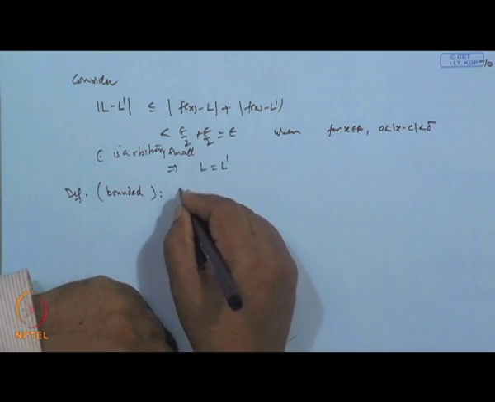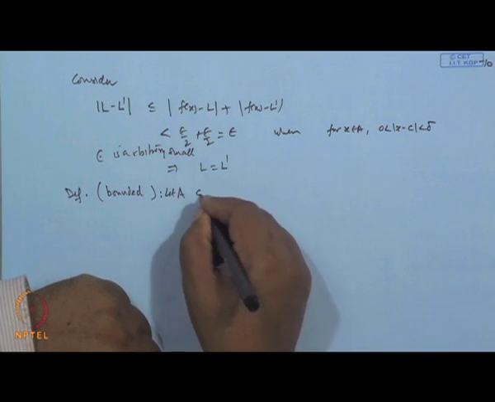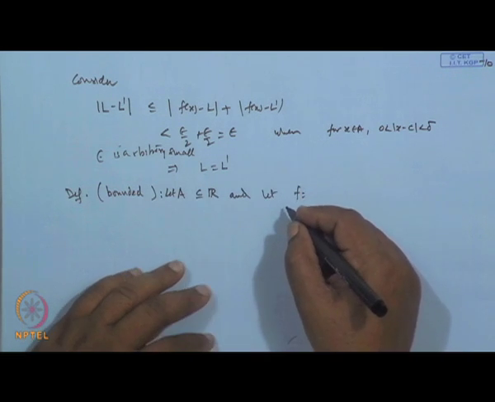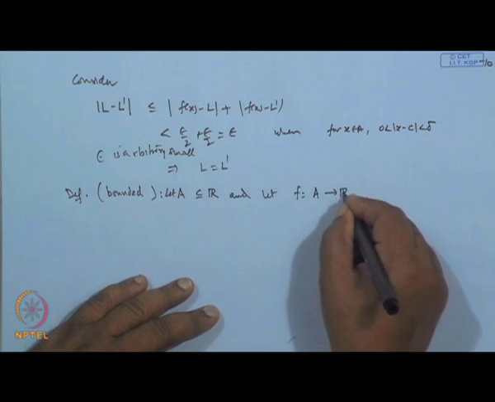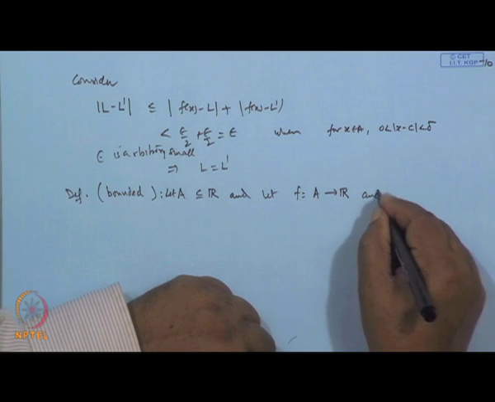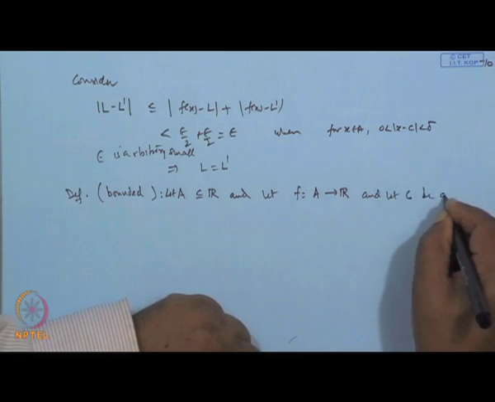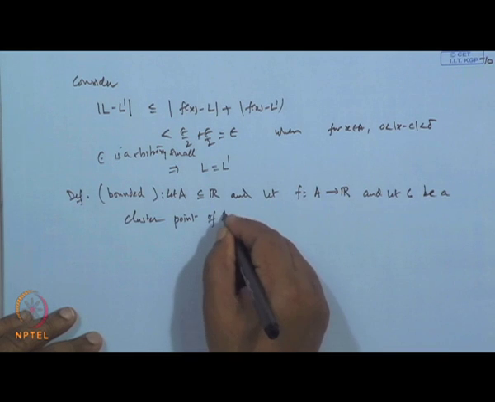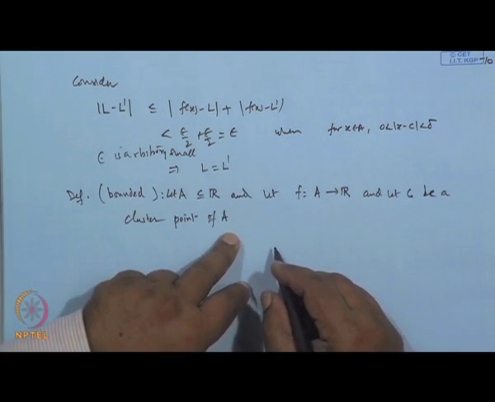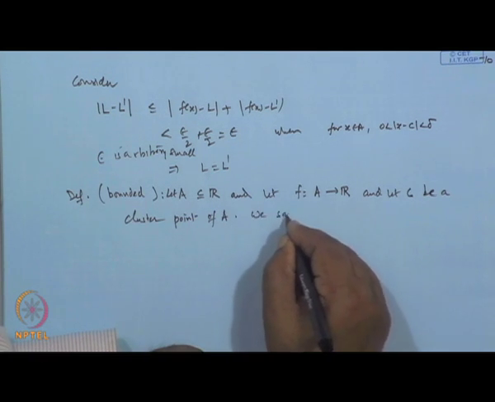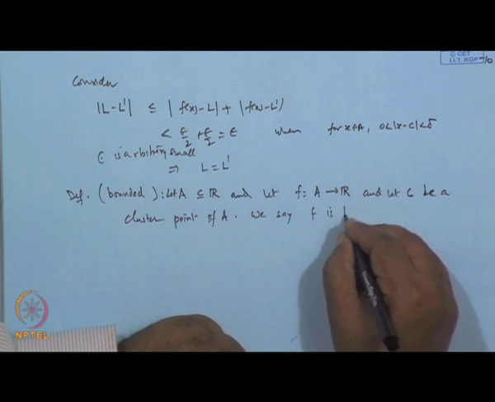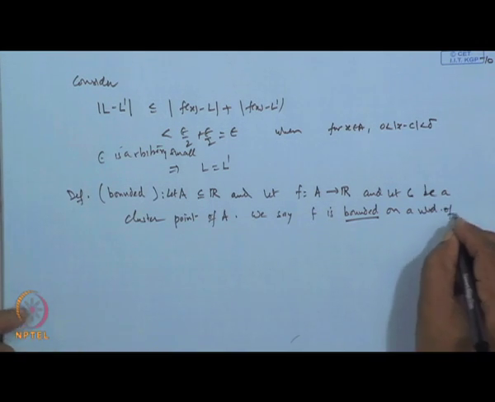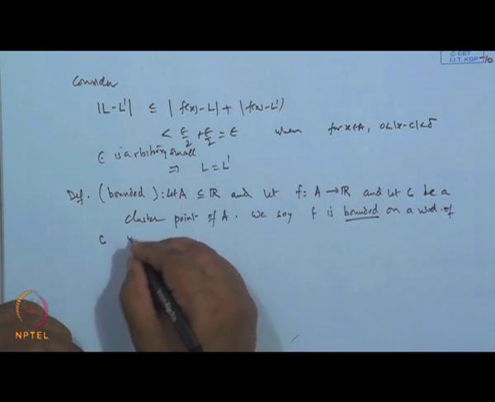Let A be a non-empty subset of R, and let f be a mapping from A to R, and let c be a cluster point of A. We say f is bounded on a neighborhood of c if there exists